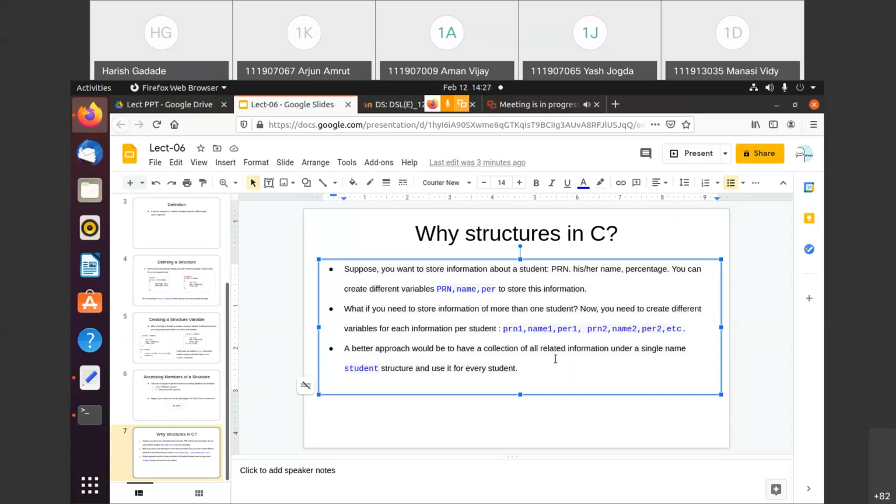Getting this? So this is the main reason why we need to use the structure, because without structure you cannot complete any project, a database project we can say. Because in a database project we have different attributes, and to store these attributes we need one variable, and that variable we can say is a structure variable.